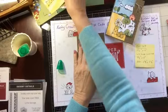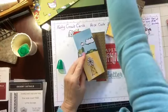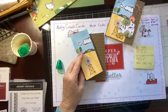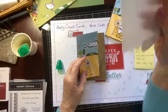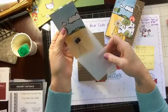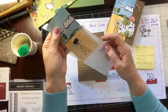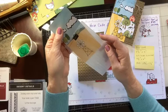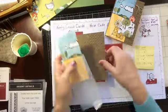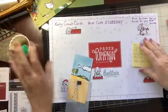So I'm going to take this and I am going to take this. Now for this one, see how the lines on the field are going like this? Well, we do have, where is it? I had it here somewhere. Aha, there you are. We have our Splatters and Stripes embossing folder, and the stripes are really cool. You have to position the stripes so that they're with the field, and you don't want to go up into the sky. You don't want the stripes in the sky. You can do it a couple of times if you want, and just emboss this side and then pull it down and emboss this side. Anyway, that's what I'm going to do. It has a very nice effect. You're going to like this. Just to add a little bit of dimension to this